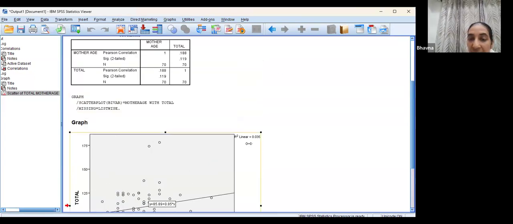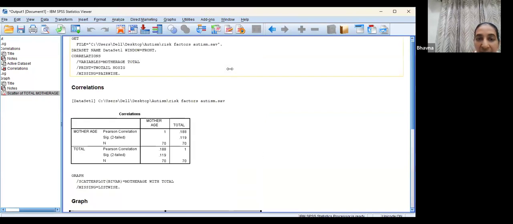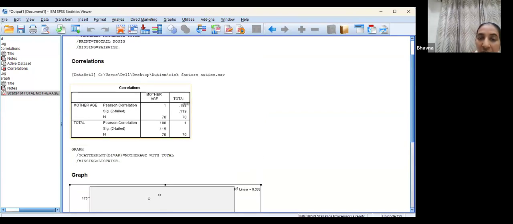Now, what is R square? R square is the coefficient of determination, which is seen in case of regression. The square root of this R square is this. You can calculate it. The square root of R square, that is 0.03, is 0.18, or 0.18 times 0.18 is 0.03. So a simple click can give you the regression equation. It can give you R square in SPSS, and a simple analysis can give you the correlation coefficient. In all three, you can see that there is no correlation between mother's age and the total score.